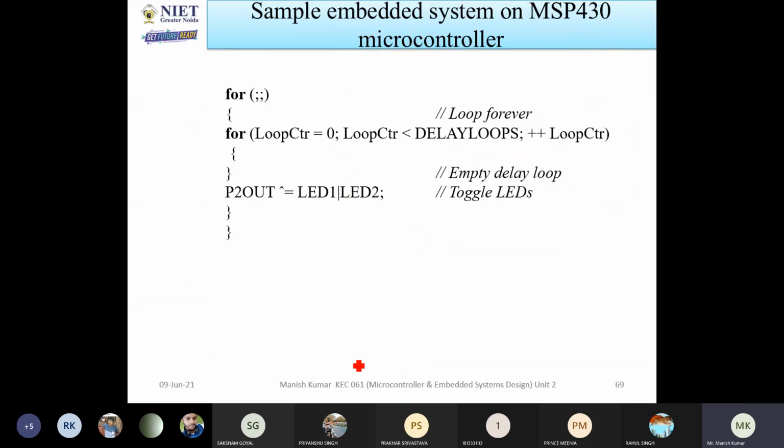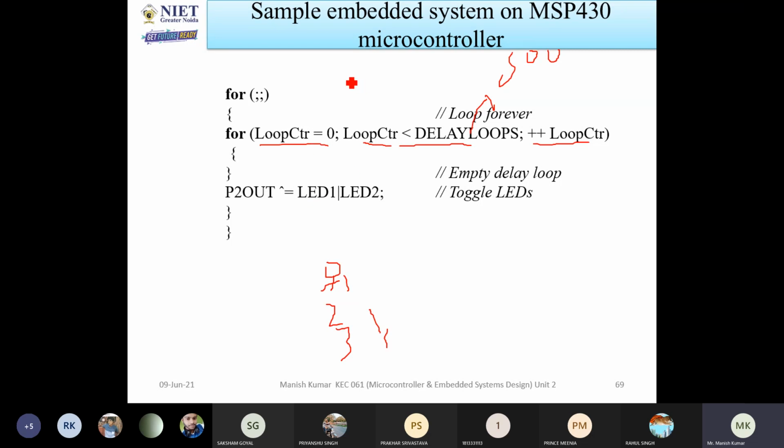Now, with the help of loop control, I have already defined loopCTR equal to 0. So loopCTR less than delay loops. I have written the value of delay loops equal to 500. So it will start from 0 and again do plus plus loopCTR. It means first it is 0, then it will increment 1, 2, 3, 4, 5 like that.